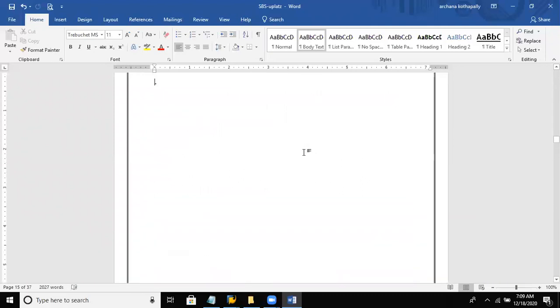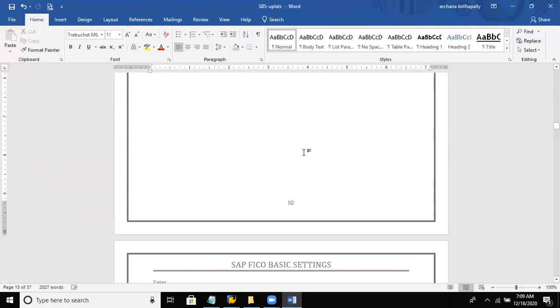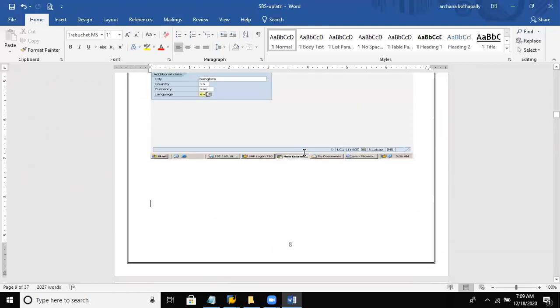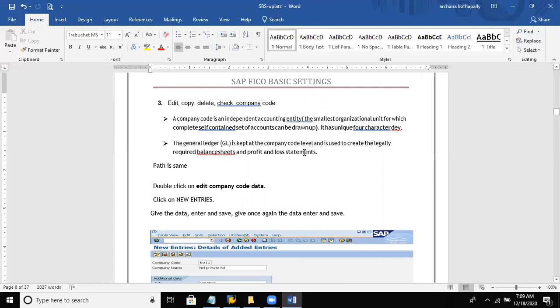Then we have successfully created our company definition also, credit control area, and company code. As I said, in the whole project, company code plays a vital role. Company code is nothing but the operations and diversifications of your particular company. So our company code here we have created is DEL8. That company code itself is assigned to all the functional consultants. That is what we have done all this time.